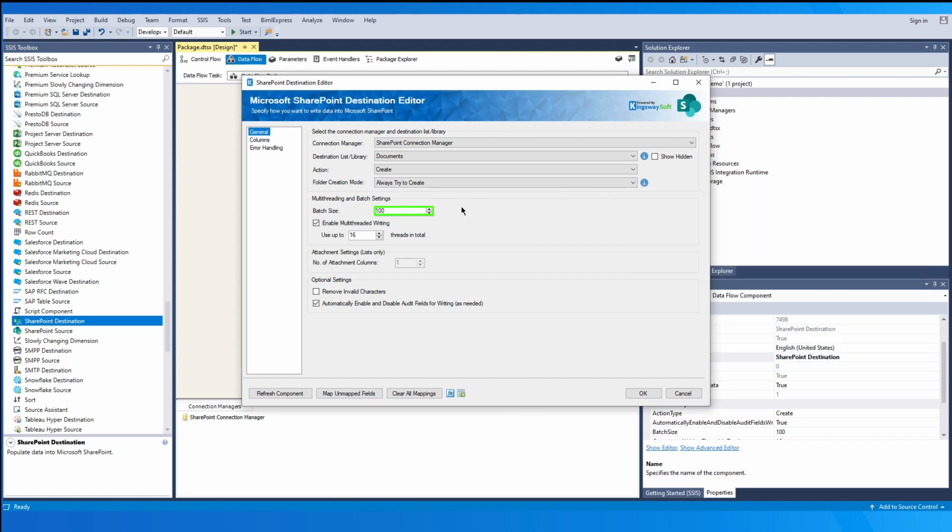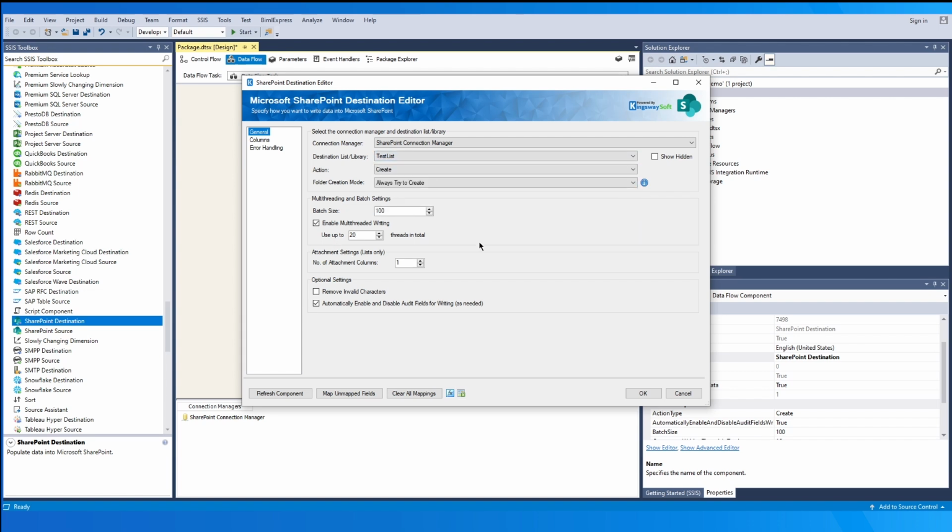The batch size option allows you to specify how many records you want to submit to the SharePoint request or service each time. You could increase or decrease it to find the right one that suits your requirement. Enabling the multi-threaded writing feature allows you to perform multi-threaded writing when writing data to SharePoint. This option supports a maximum number of 100 threads when writing to SharePoint, and we generally recommend 20 or lower to avoid potential server errors. However, you can adjust these settings based on your environment in order to get the best performance. Finding the right batch size and thread count would be pivotal.